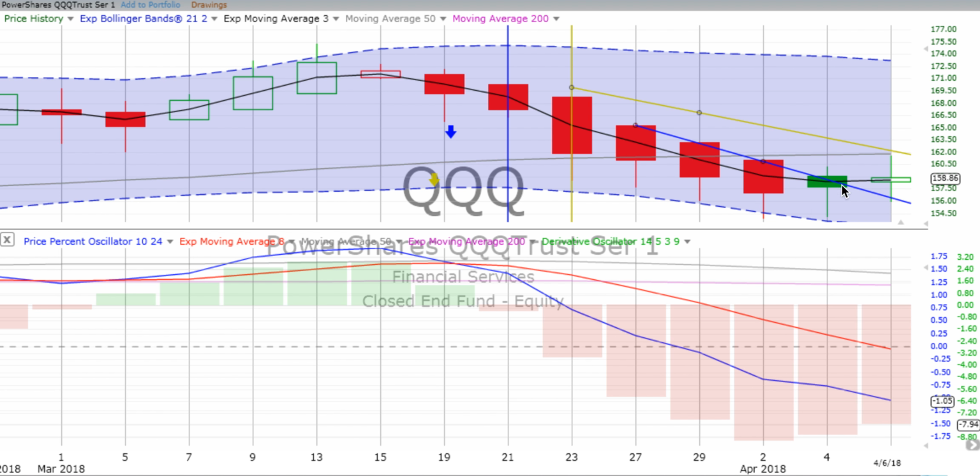What do we see? Well, that got penetrated over the course of the last 2 days with up movement. It is a green spinning top at this point. Again, it is an open box green spinning top. Again, that means indecision tending up. Price movement still below the weekly trend line, but not below the 2-day. However, the 2-day is canting down strongly, and our big indicator, our major indicator, the price percent oscillator, derivative oscillator,